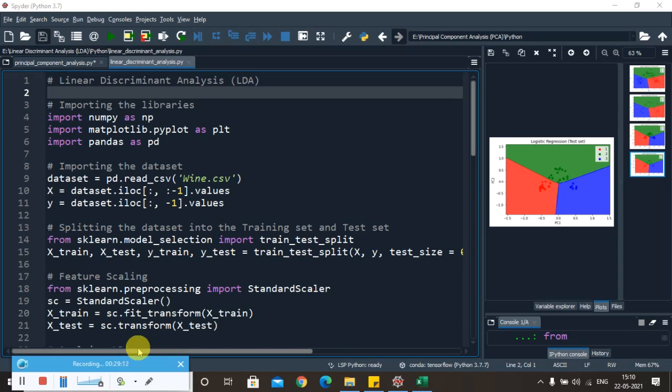With respect to principal component analysis, LDA differs, because in addition to finding the component axes, with LDA we are interested in the axes that maximize the separation between the multiple classes. So what it mainly does is increase the separation between the multiple classes.